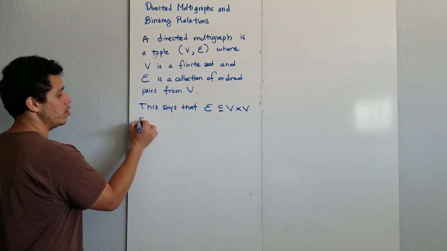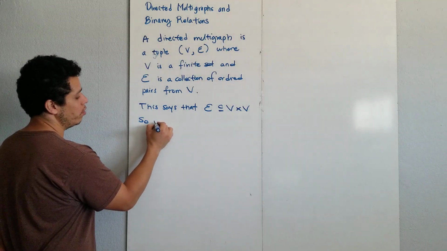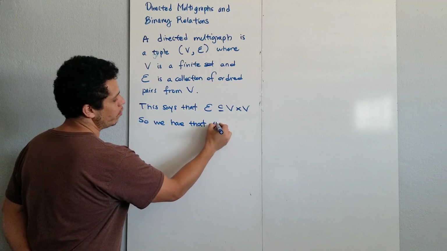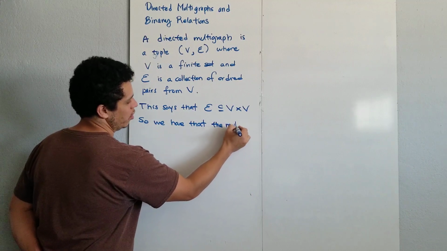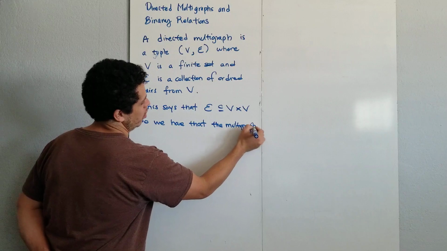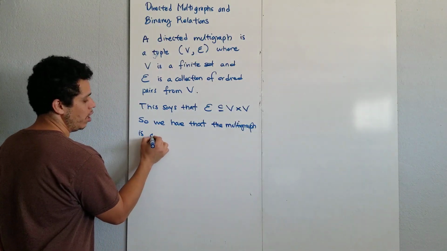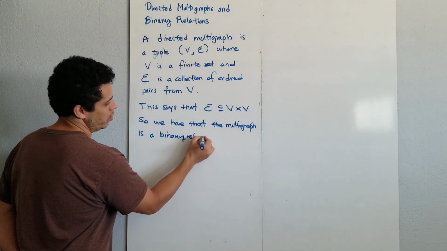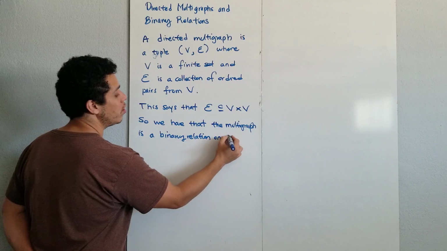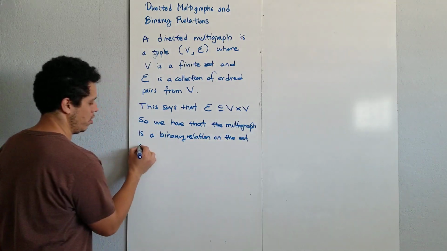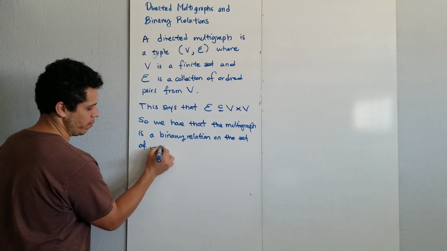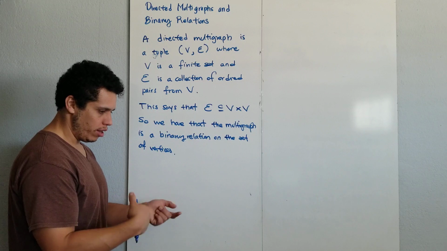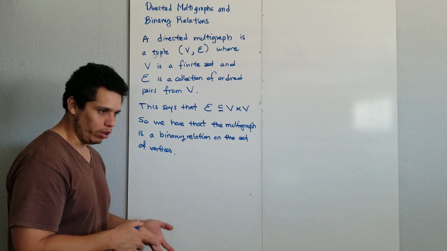Well, so what we have is that the graph is a binary relation on the set of vertices. So now we have this nice representation between the same objects, one which is very graphical and another one which